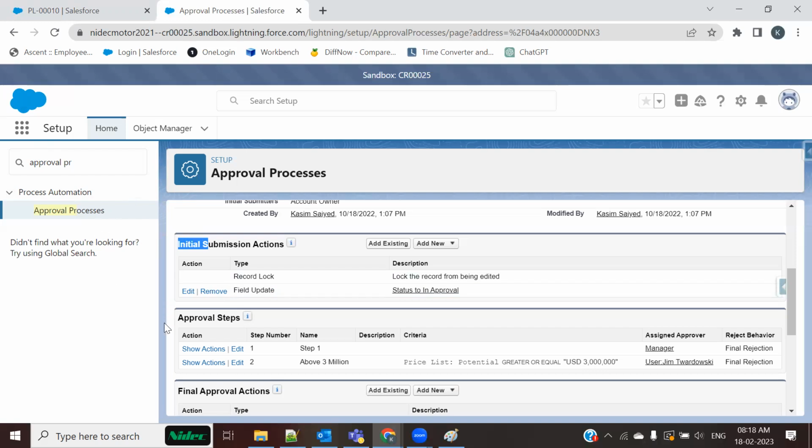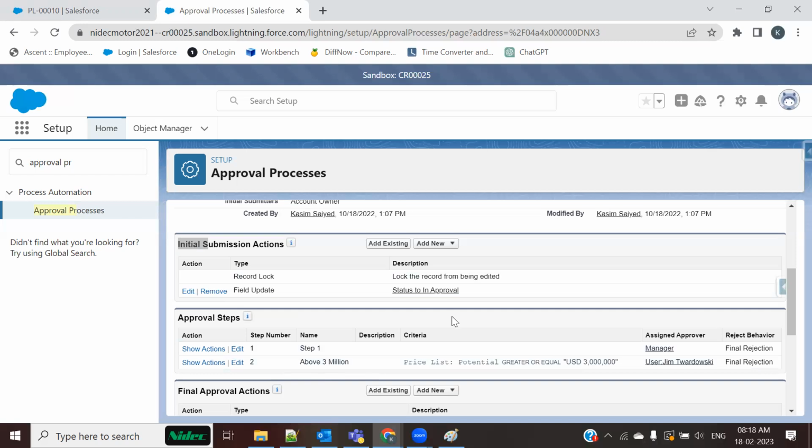All right, so I understand this is not an issue with the approval process. The approval process is absolutely fine and working as per the plan. This issue was nothing related to the approval process. Now, what happened is, for that user,